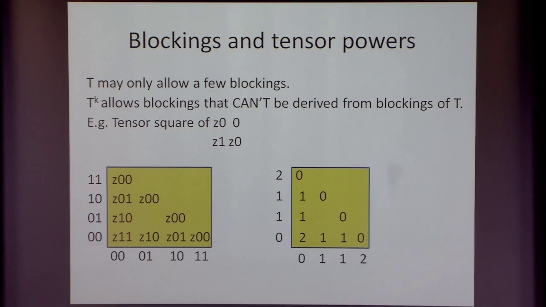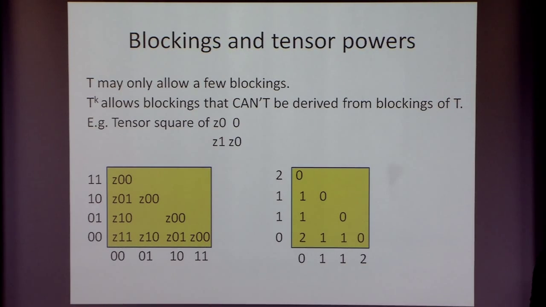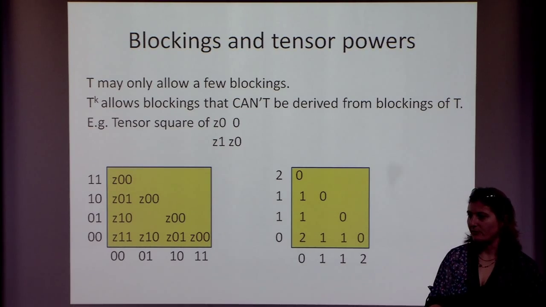And it turns out you can get better bounds on the value from the second tensor power of this than from the first. And this goes on. The higher the tensor power, the more diverse blockings you get, and the more interesting it gets, and the better the bound on the value you can get. So it's an interesting combinatorial question to analyze what happens in general, but we don't really understand it even for the special case of Coppersmith and Winograd.